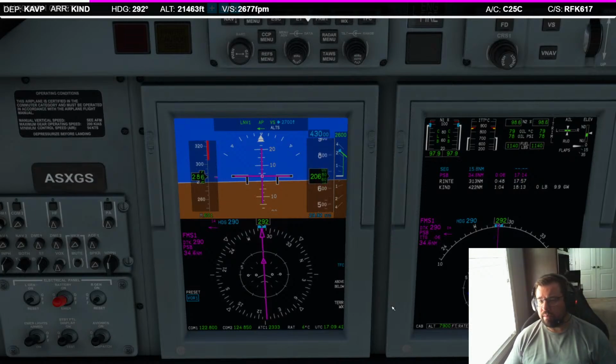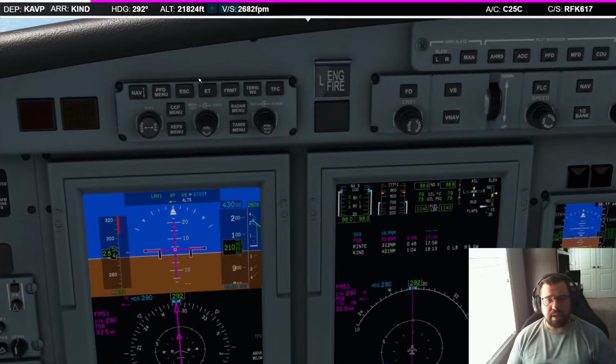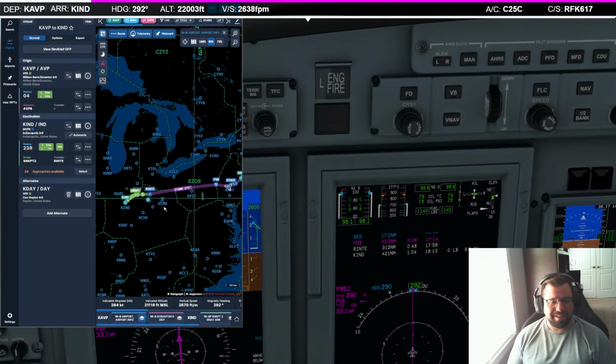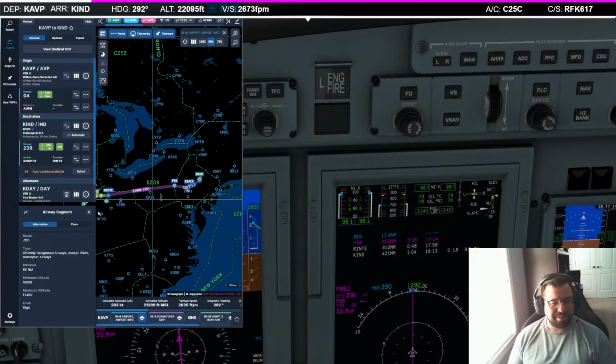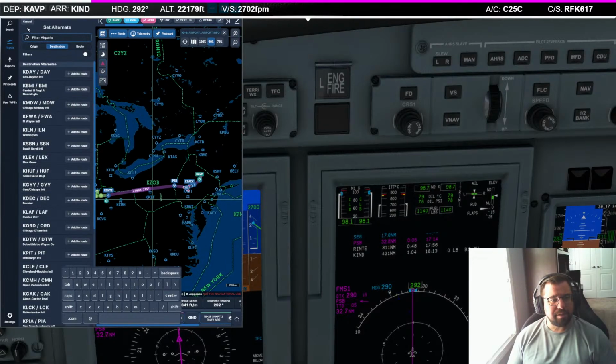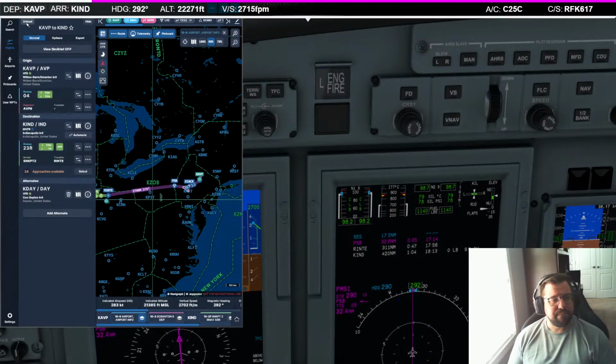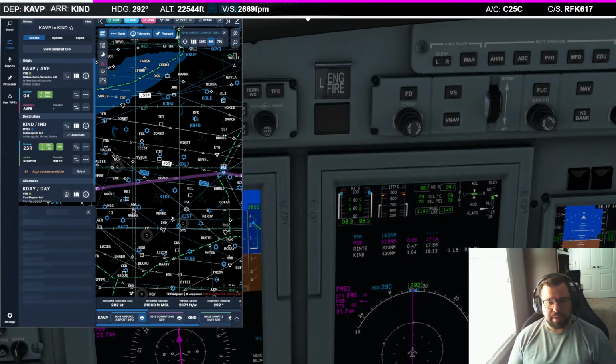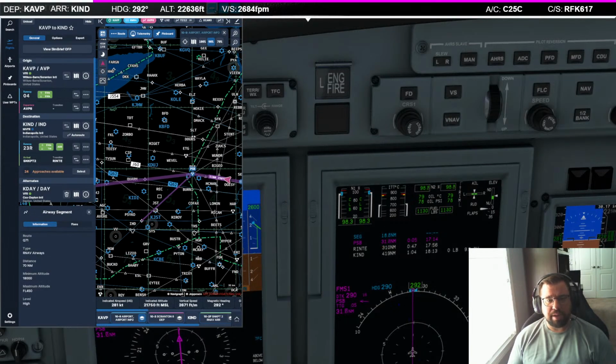97.9 on both engines. Pretty good efficiency here. We're on the nav, magenta line now. Finally, after a rocky start. Sorry about that there, passengers. And after we do our left turn at PSB here, we'll start thinking about